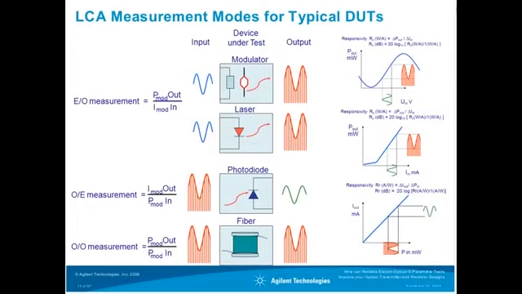Here's a few examples of devices under test for these different measurement modes. For the E2O measurement, that means an electrical stimulus and an optical response. This is typically a modulator device or a laser device. And here, for instance, you have